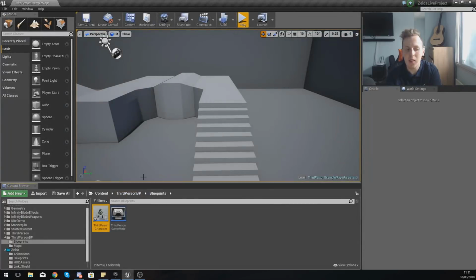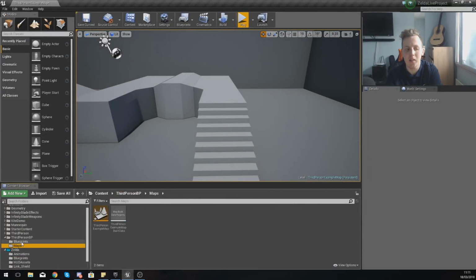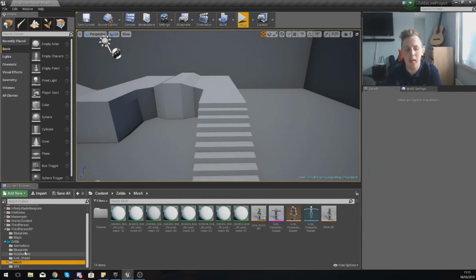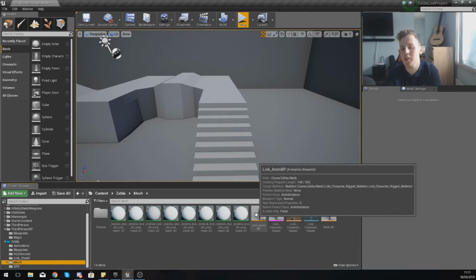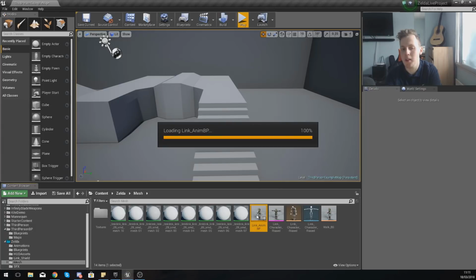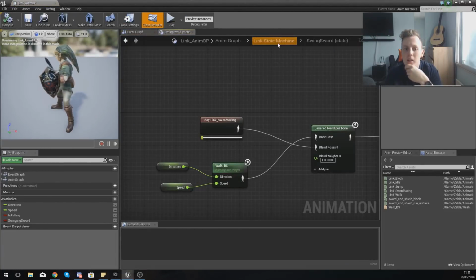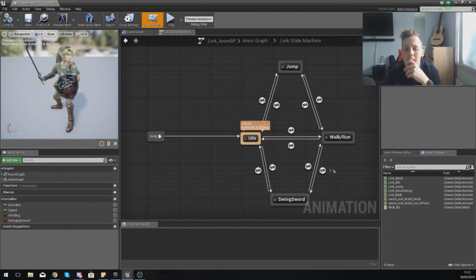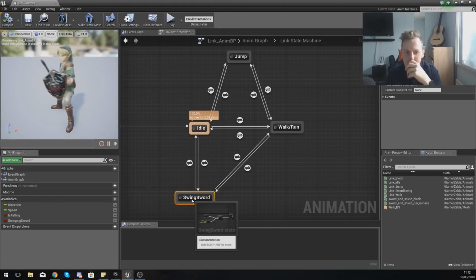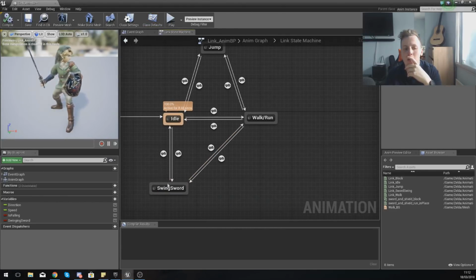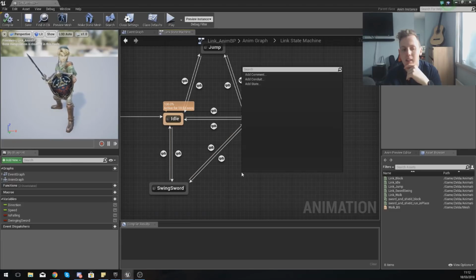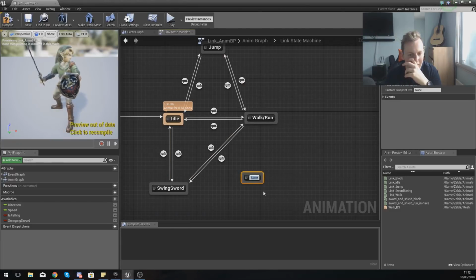So close that. Let's go to the animations, let's go to the mesh and open your link_animBP. And then if we go to our state machine, what we need to do inside of here is move our swing sword over to the left like this, and then I'm going to add a state called shield block,